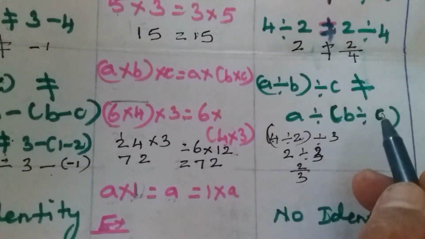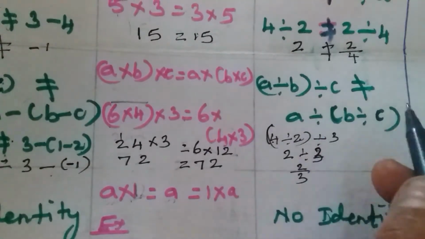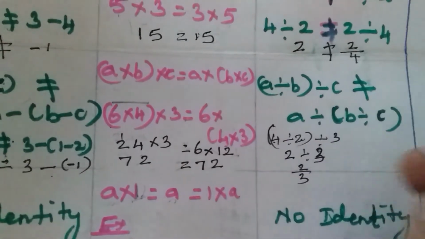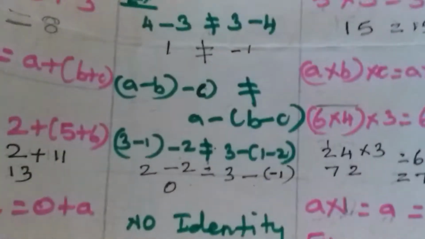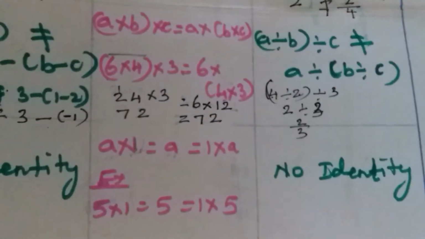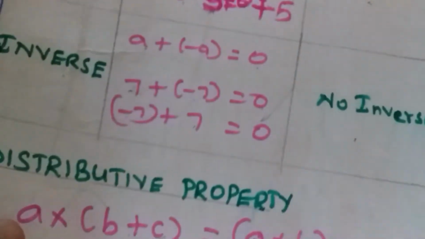Then what about getting an equal number on both the sides? So division is not true for the associative property. It is not true for division. Now we'll see